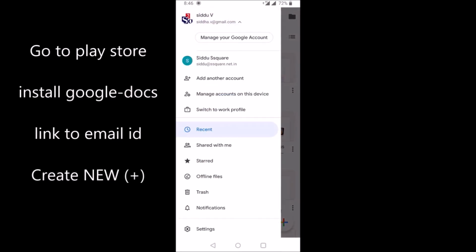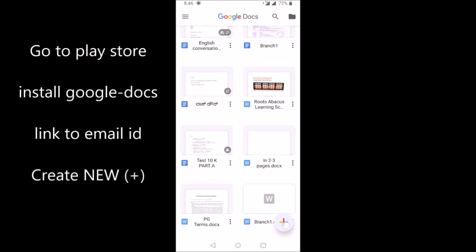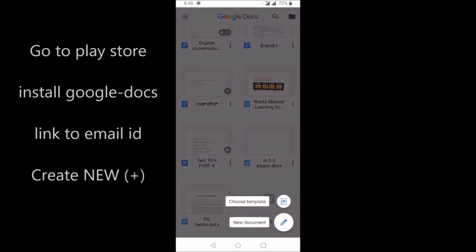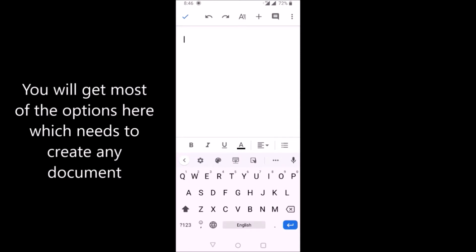These are the available documents. If you want to create a new one, click the plus icon, create a new document. Here the cursor will come.